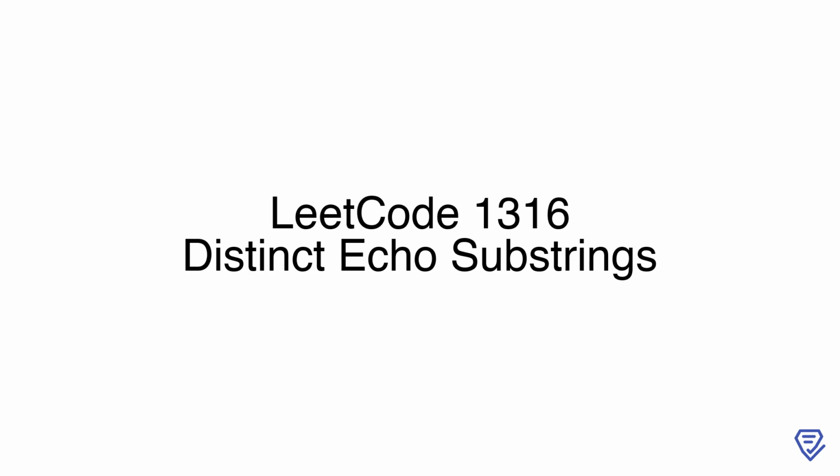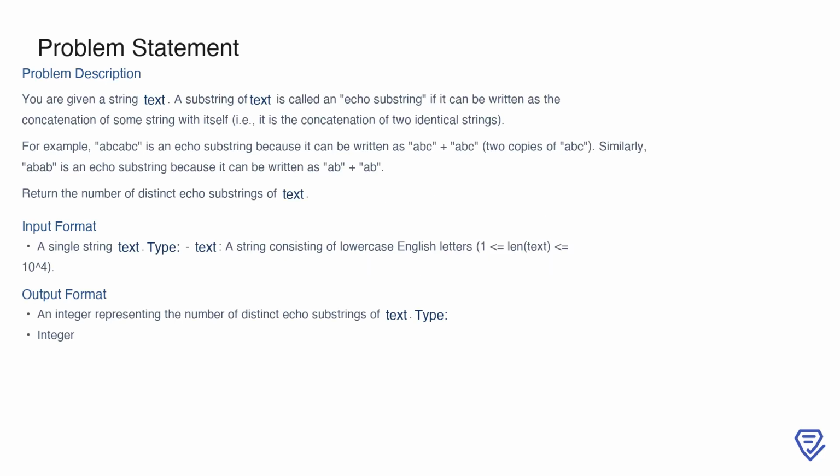Welcome to this walkthrough of LeetCode problem number 1316, distinct echo substrings. In this problem, we'll explore how to identify and count all unique echo substrings in a given text. We'll discuss the approaches, analyze the complexities, and provide insights into solving this interesting challenge. Let's dive in. In this problem, we are given a string called text, and our goal is to determine the